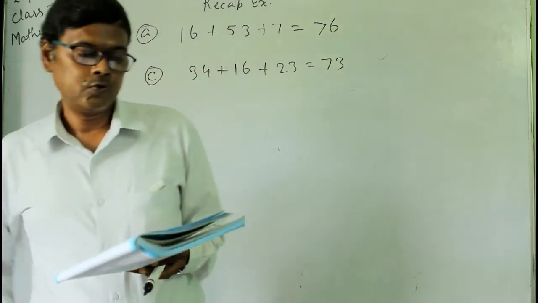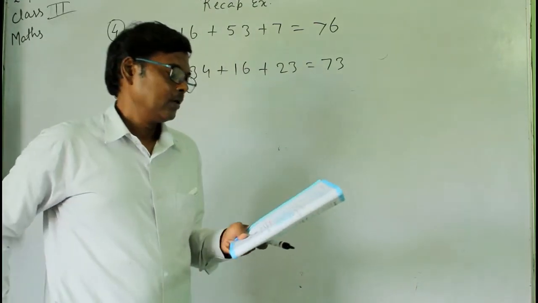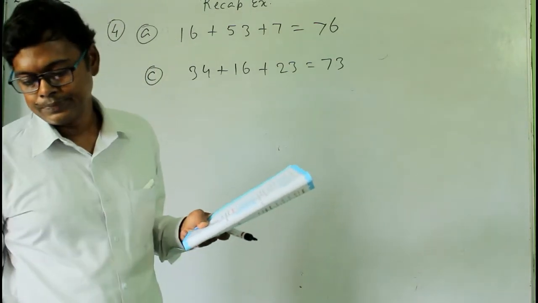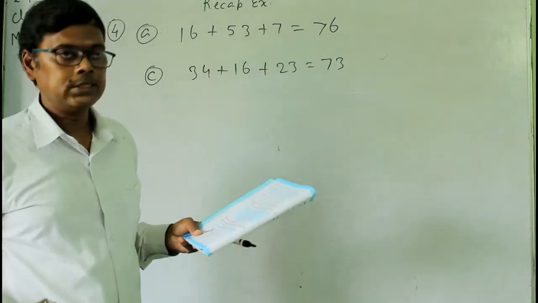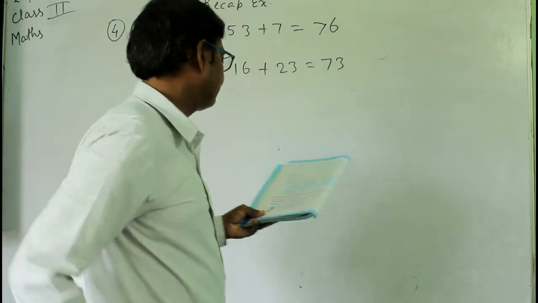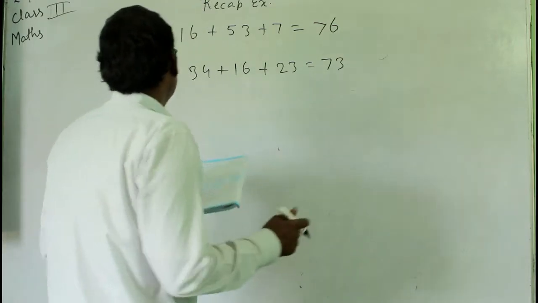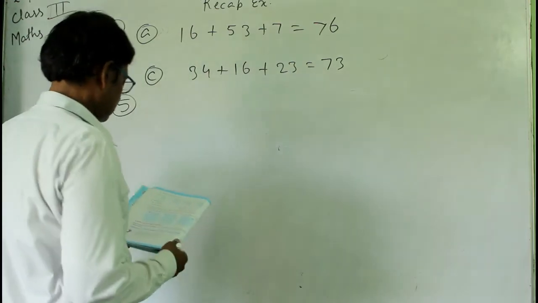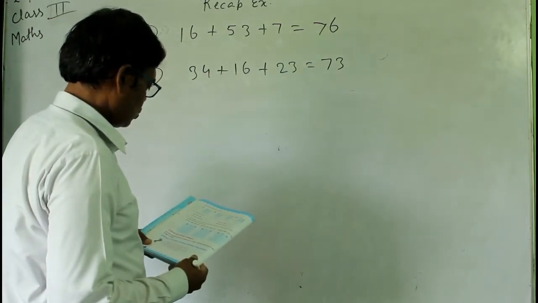Okay, so what is the answer in this? First add these two numbers, then you will get the answer. Okay, so see how much is the answer. Number 5, crumbs. So question number A.